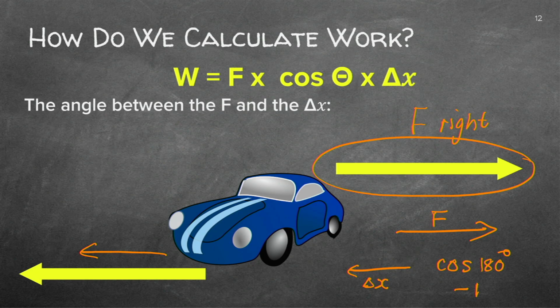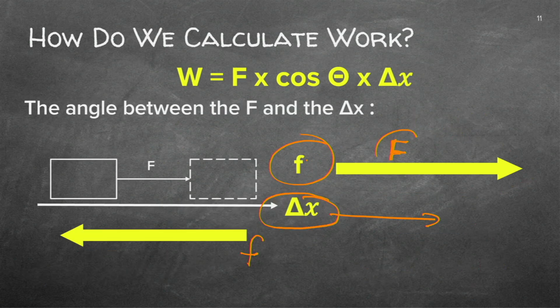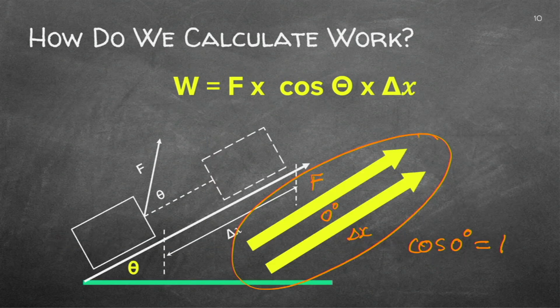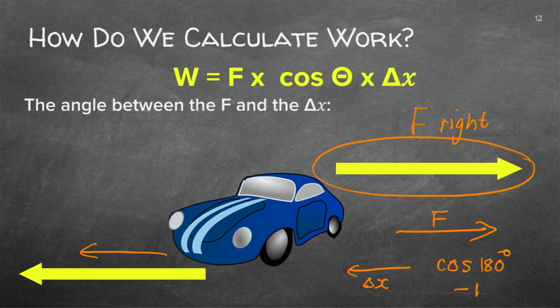Let's just quickly go back to this one. Remember, you've got a force and you've got a friction. We'll just now have a look at the difference between the net force. Remember when we actually got the sum of those, and what do you do with each of them? But that's easy because we just need to now focus on the cos value. So let's quickly have a look. If they're in the same direction, cos 0, 1. If they're in the opposite direction, cos 180, -1.